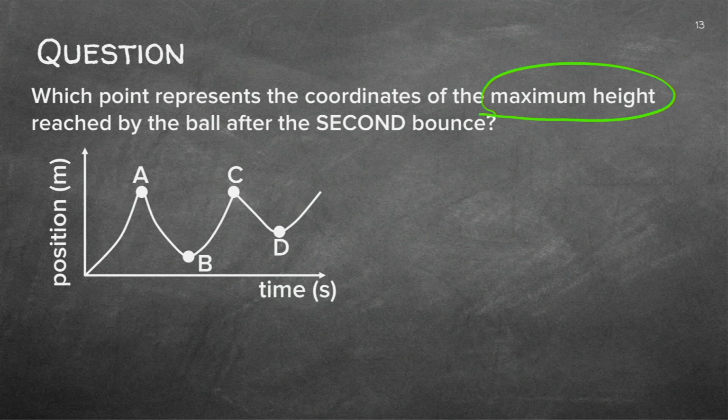Now let's go through the graph. Can you see the position is changing to that point? It's turning around, coming back. There was the velocity of 0. It's bouncing there. It's going up, turning around again, and bouncing there. The question was, what is the maximum height after the second bounce? Now you can see that was the first bounce. That was the second bounce. So the maximum height would be D. So after that, the maximum height is actually the height of D.